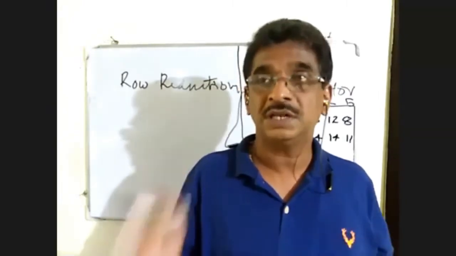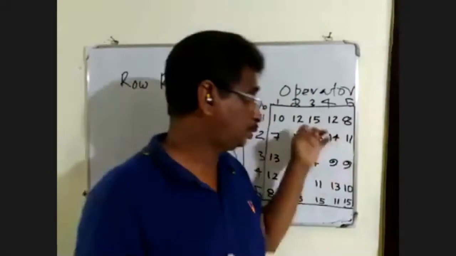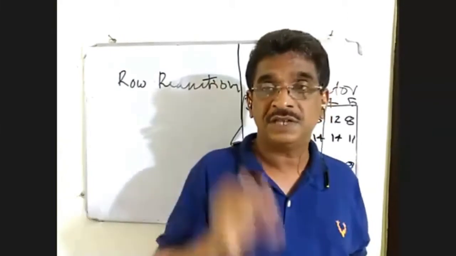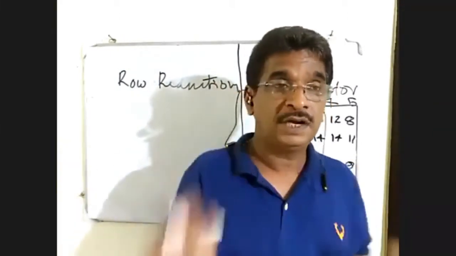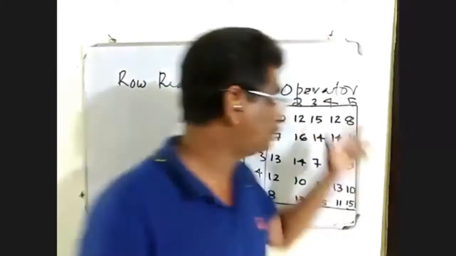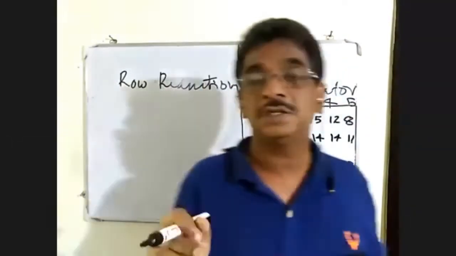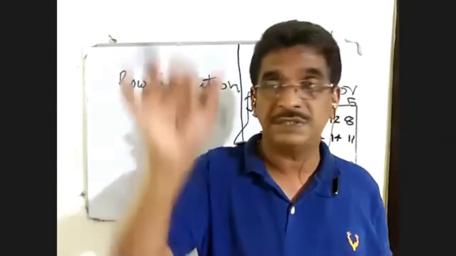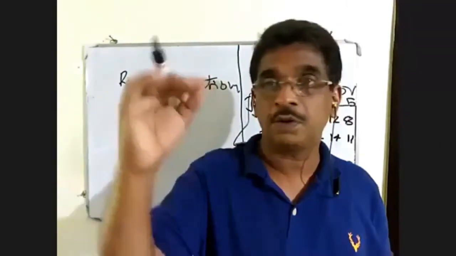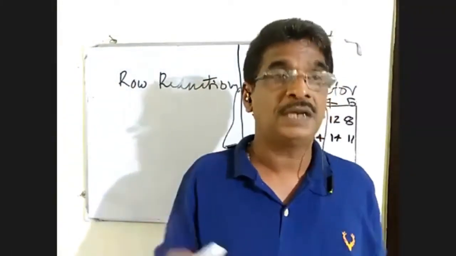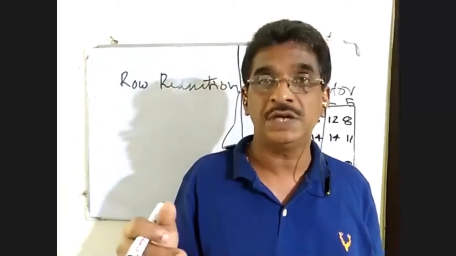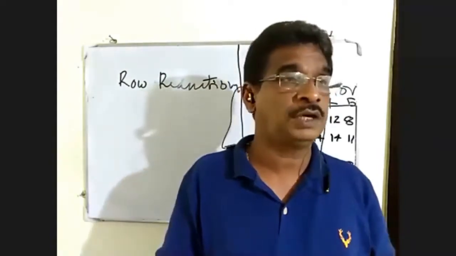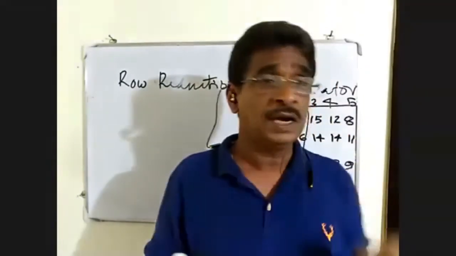So in the assignment problem, we are allocating jobs to different operators or different people in such a way that total cost should be minimum. There are a number of methods. By inspection you can find it, but in all cases this is not possible, and it is confusing and time consuming. For that purpose we use a special algorithm. Algorithm means a step-by-step process of solving a problem. That algorithm is known as the Hungarian method. To find the solution of an assignment problem, we use the Hungarian method.